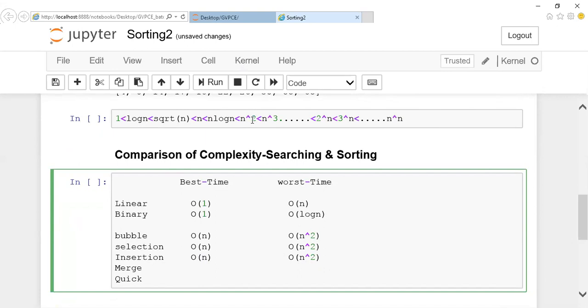It is big O of, yes, log n. Big O of n log n. Good. It is both the best case and the worst case. So that is the reason these people are using merge sort for the default sorting algorithm. In the same way, the best case here is log n, and the worst case is big O of n square. So this is the time complexity for each and every type of sorting algorithm, guys. Is that clear?